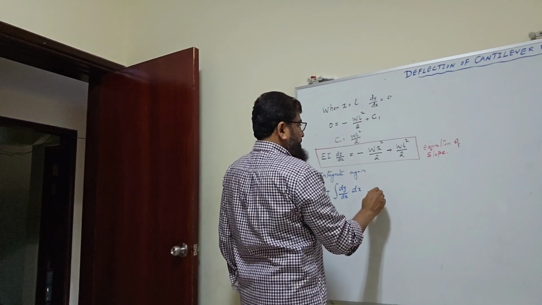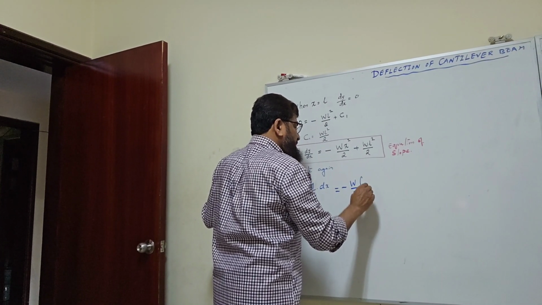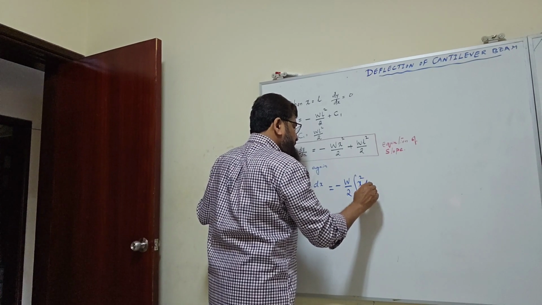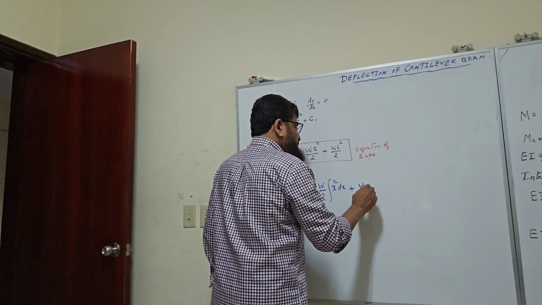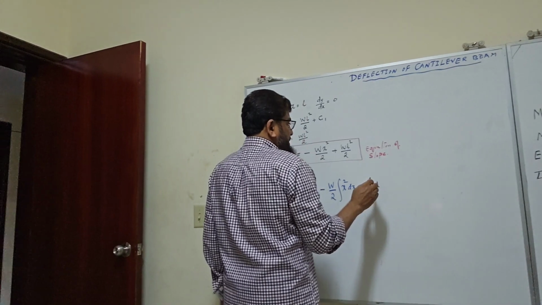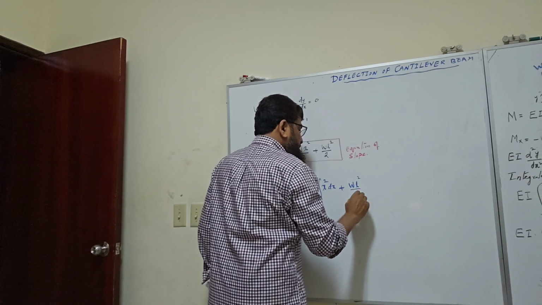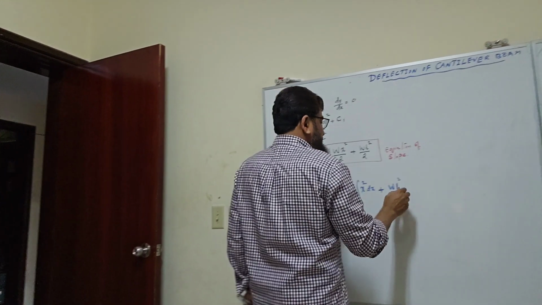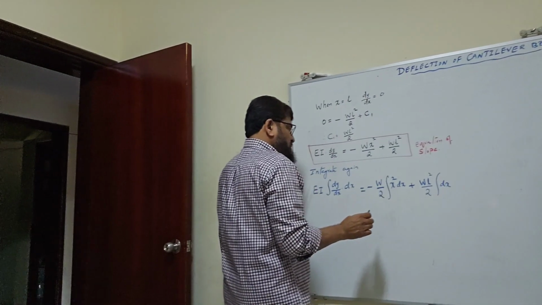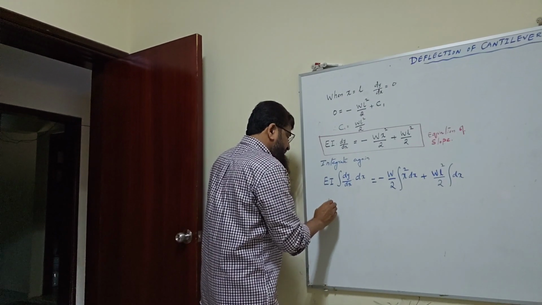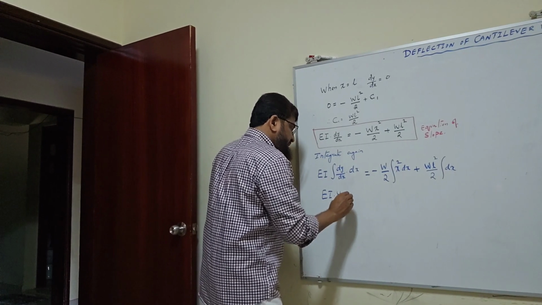Is equal to minus W by 2 is constant, integral of x square dx plus WL square by 2 into integral of dx, is it not? I am integrating on both sides. So now what will happen now, if I do this one, I will get EI into y is equal to